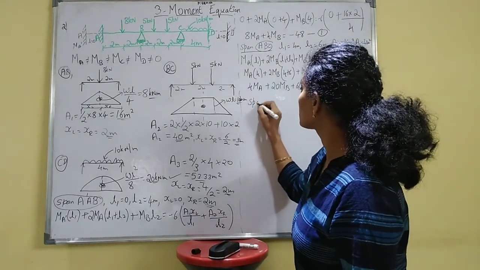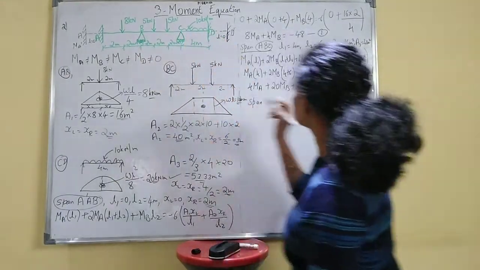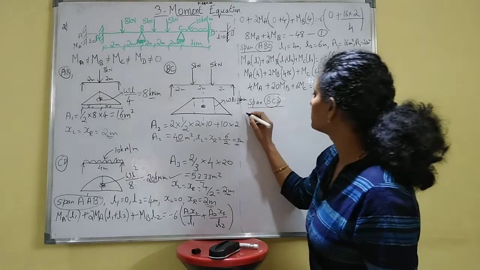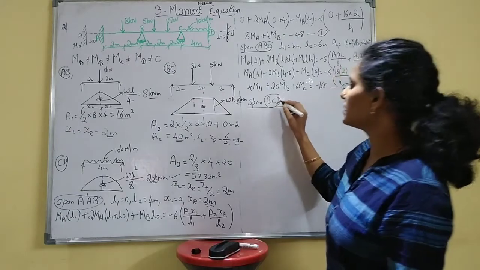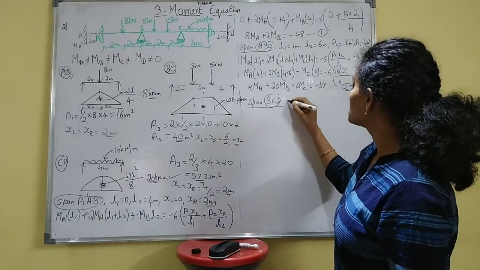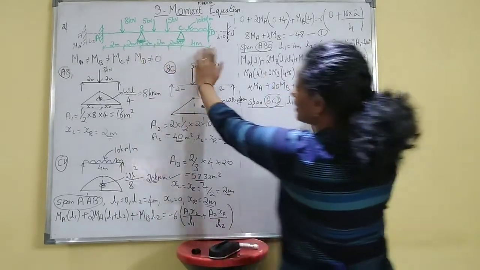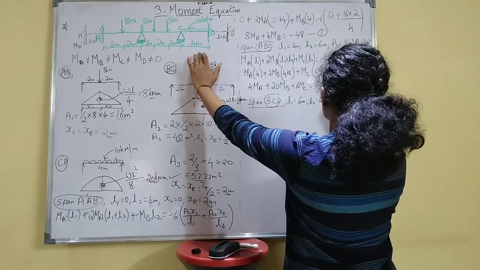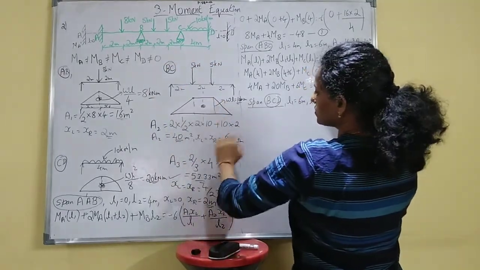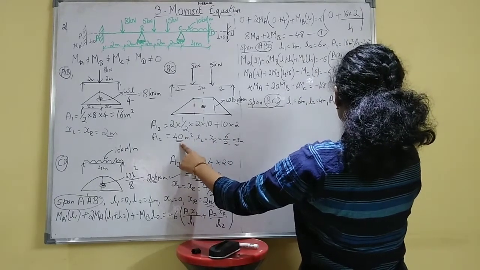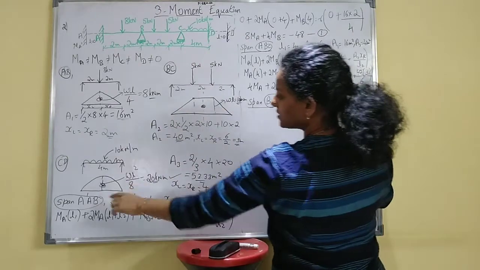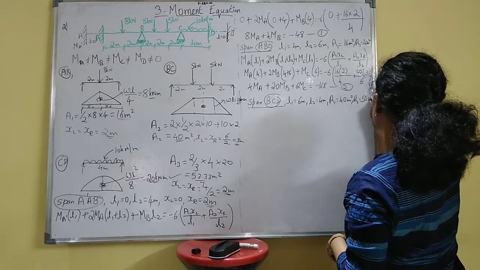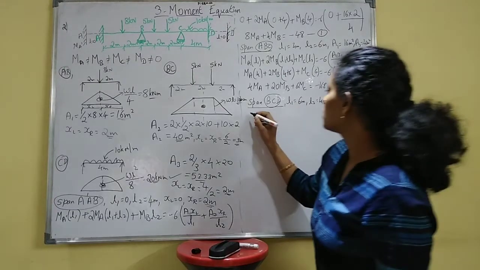Similarly, we will take the next span BCD, joints B, C and D. So here the moments are MB, MC and MD according to the joints. So here for BCD, L1 will be now 6 meter and L2 is 4 meter. A1 equal to how much? This span, so the area of this, that is 40 meter square. A2 is the CD span area, which is nothing but how much? 53.33 meters square. Okay, so write accordingly.